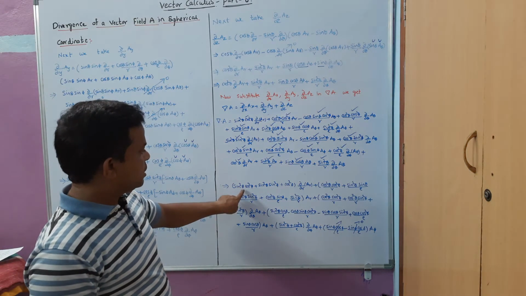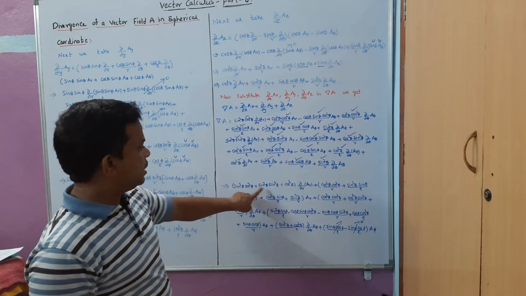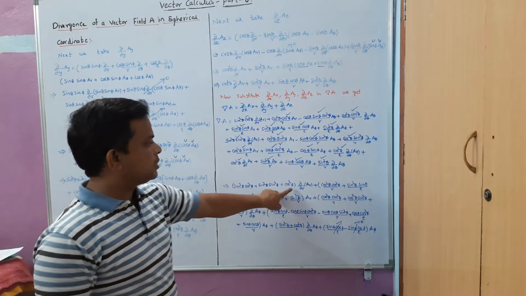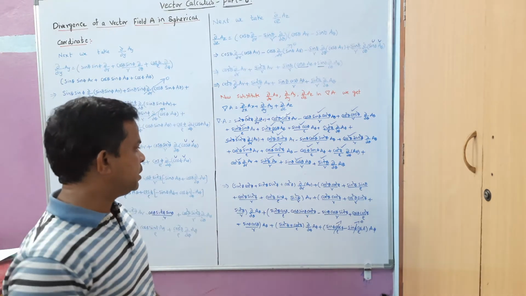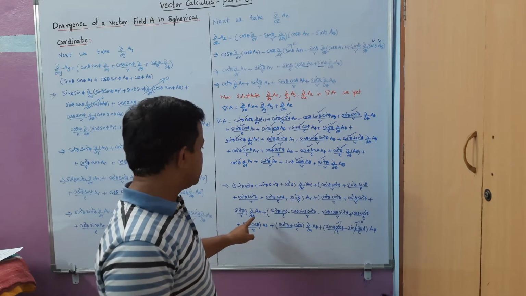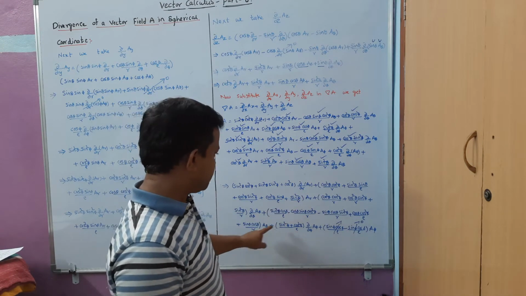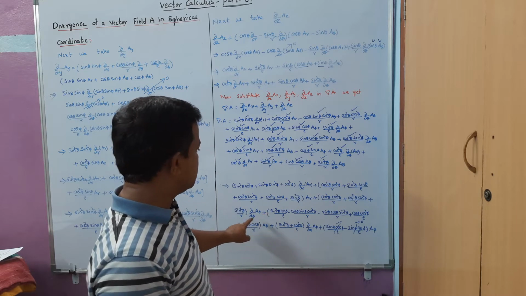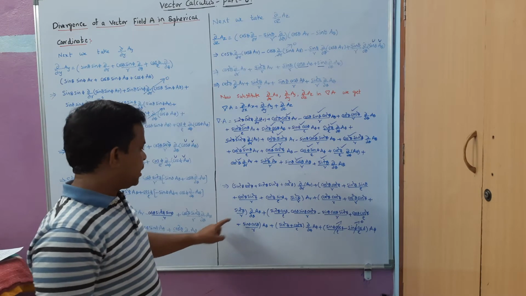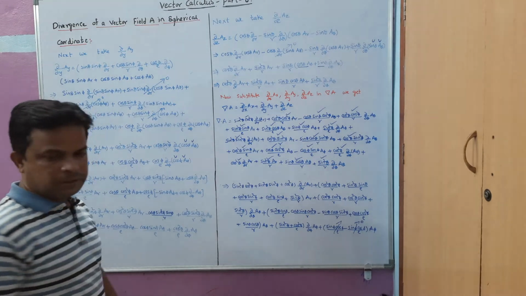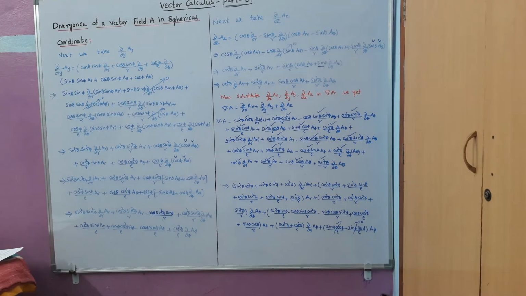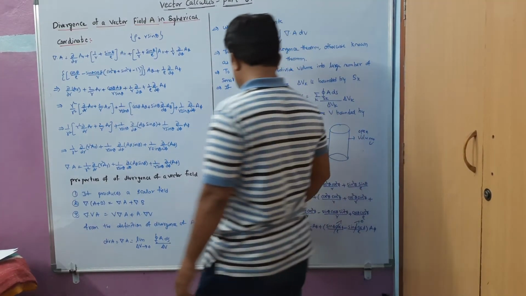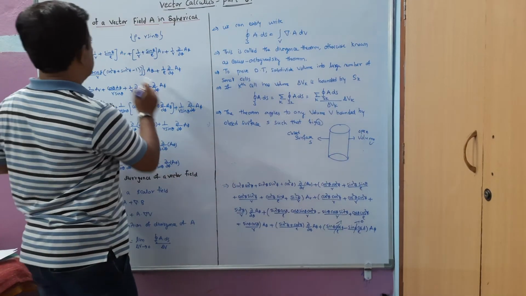You can see here, sin square theta common, we will get cos square phi plus sin square phi, which will be 1. Again we will get sin square theta plus cos square theta, which is equivalent to 1 here. Similarly, we have to take common terms here and write them, and finally we have to take the equation and substitute into the del dot A equation. So after this step we will continue.